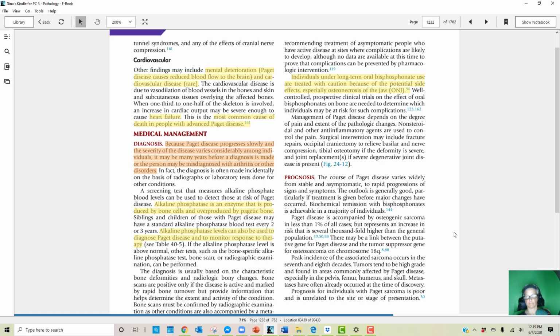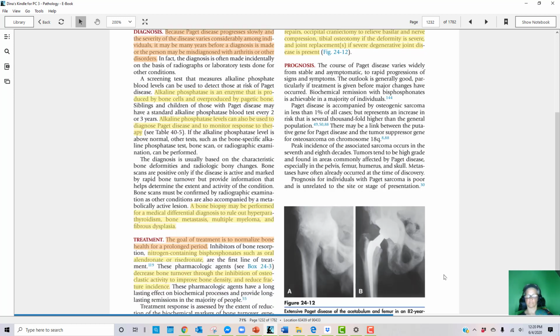Management of Paget's disease depends on the degree of pain and extent of the pathologic changes. Non-steroidal and other anti-inflammatory agents are used to control the pain. Surgical intervention may include fracture repairs, occipital craniectomy to relieve basilar nerve compression, tibial osteotomy if the deformity is severe, and joint replacement, if severe degenerative joint disease is present. Figure 24-12. Prognosis. The course of Paget's disease varies widely from stable and